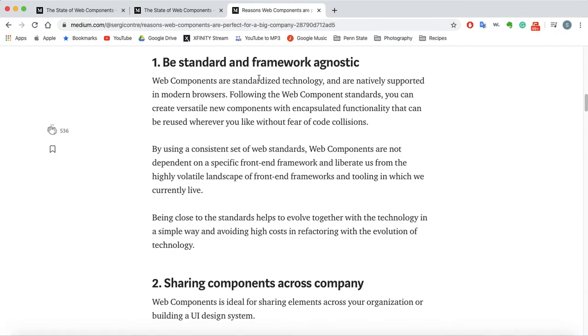So that leads me into the next thing. The first thing is that you can be standard and framework agnostic. Web components are standardized technology and are natively supported in modern browsers. So following the web component standards, you can create versatile new components with encapsulated functionality that can be reused wherever you like